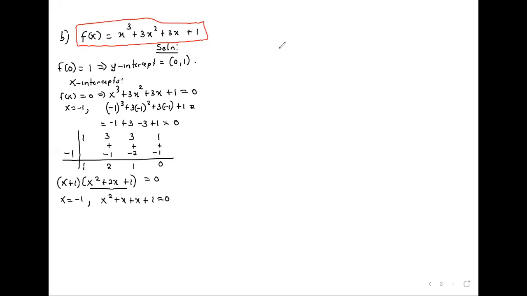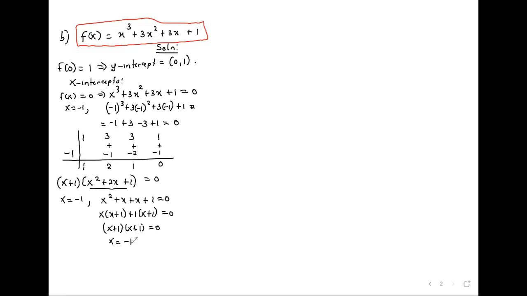Okay, so we have x plus 1 plus 1, x plus 1, so that we get x plus 1, x plus 1 is equal to 0. So here we only have x is equal to -1 again. So the only intercept for x that we have is x is equal to -1. Okay. Then from there, we now look for the